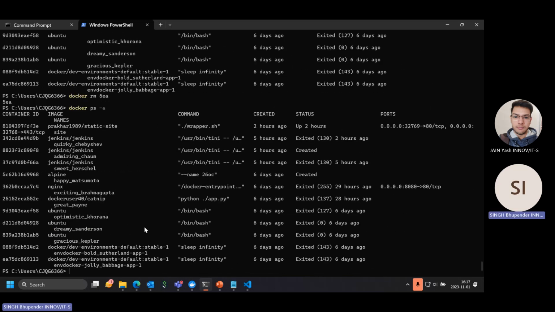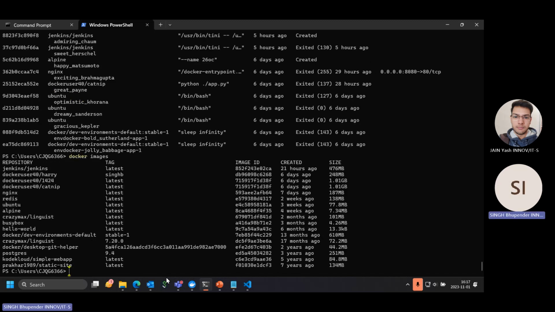And if we want to see the images present, we write docker images, it will show all the images that we have on it. And if we want to, for example, delete an image, we can use the command docker rmi and the name of the image.